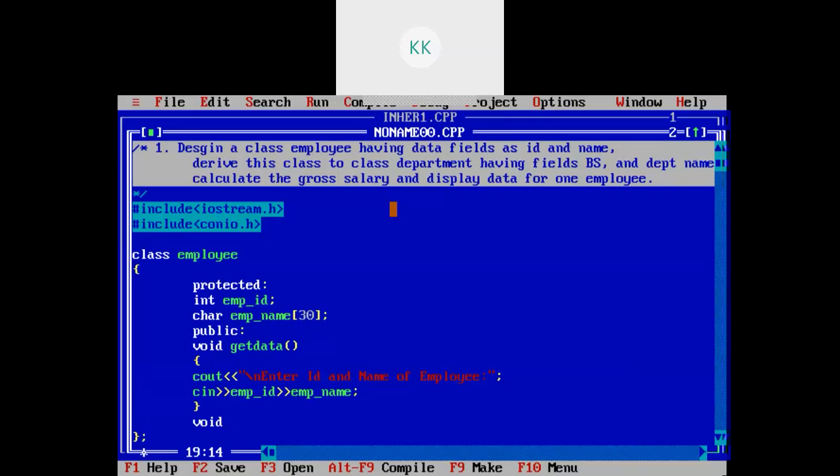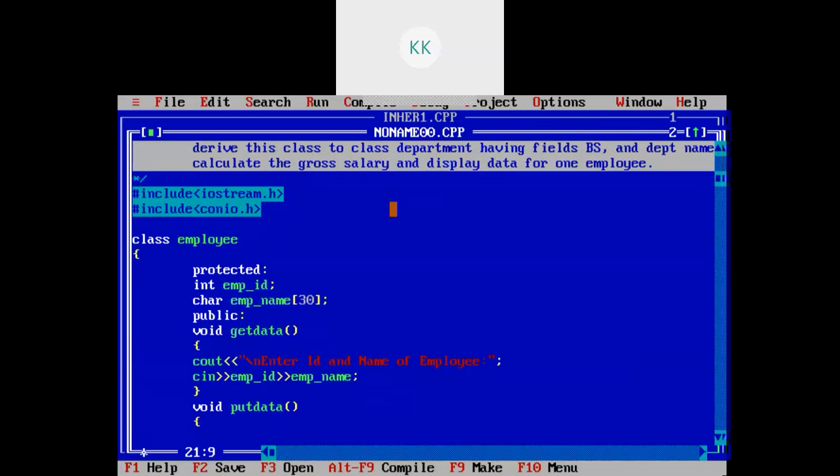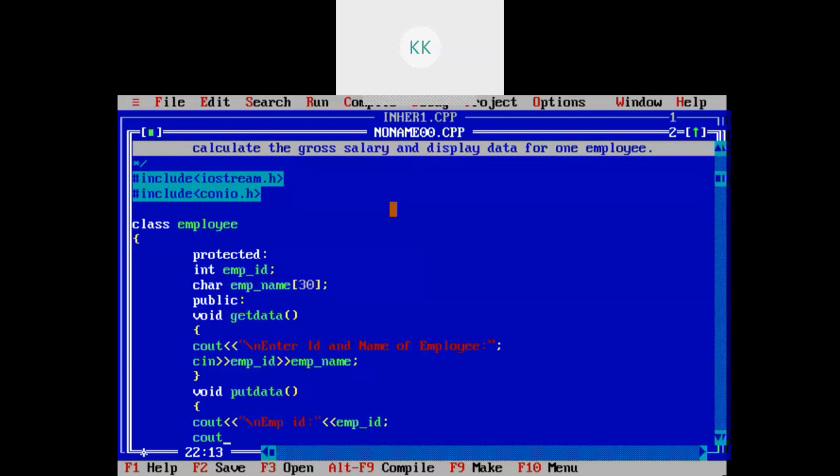So put data: cout slash n, employee ID equals to ID, then cout slash n, employee name.